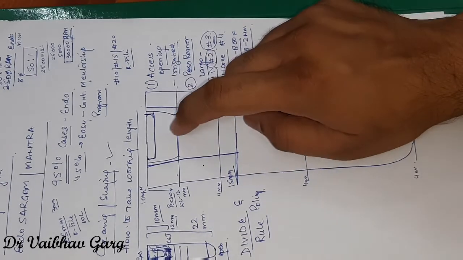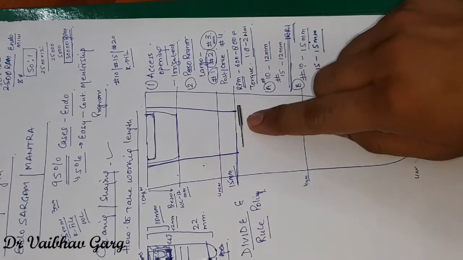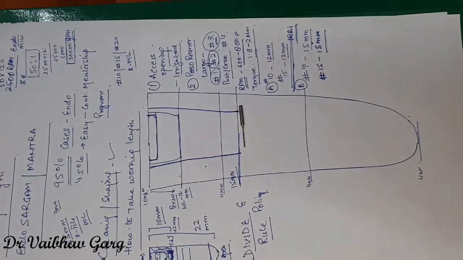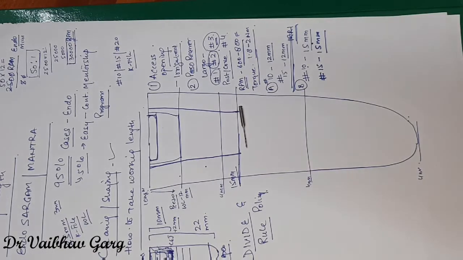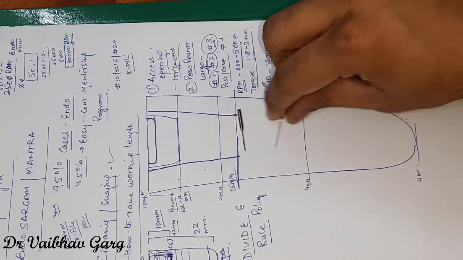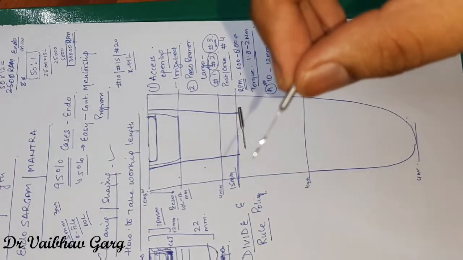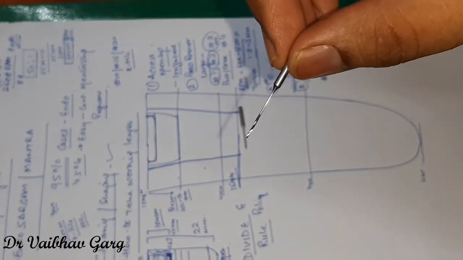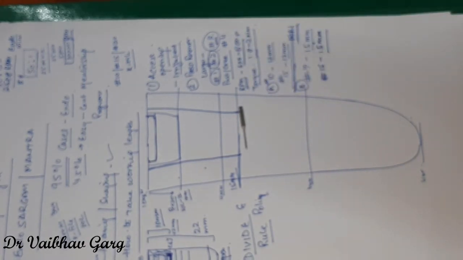we have already enlarged our orifice with a piezo reamer. So this is number 2. If I have used piezos, I have two options. Either I can go for a number 1 piezo and I will have a stopper over it till the 15 mm mark. I will use this piezo till a 15 mm mark, or I will go for a